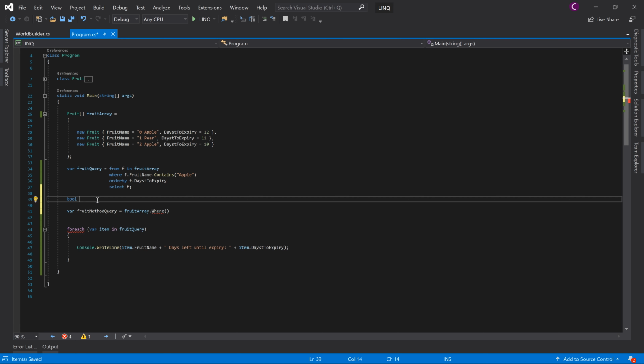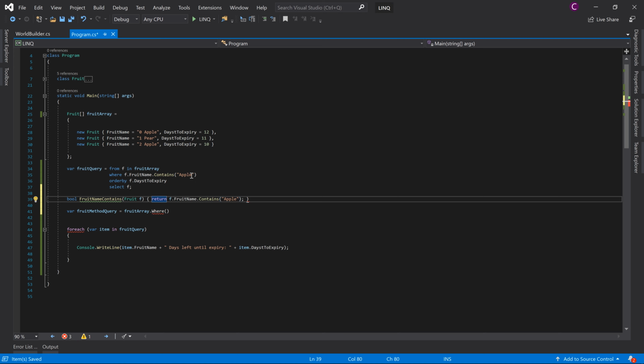So bool, and we want to say where the fruit name contains apple. So we can say fruit name contains, and then take in the fruit, and then we're going to say return f dot fruit name contains apple,